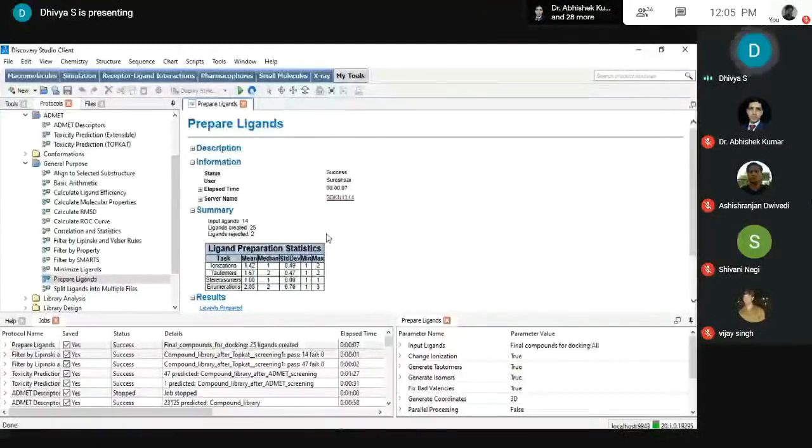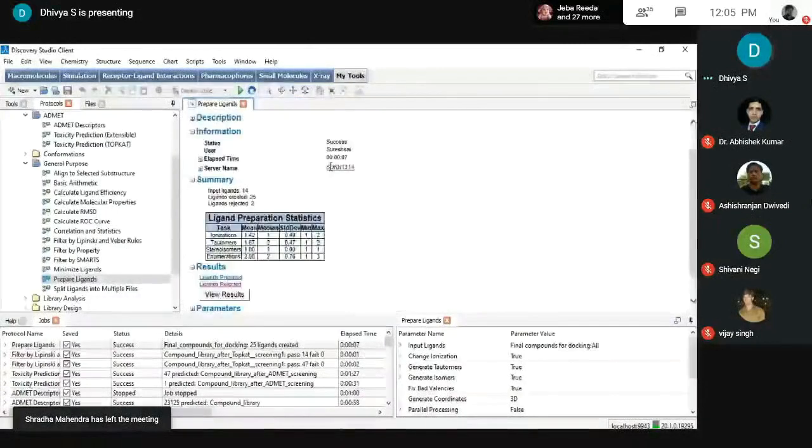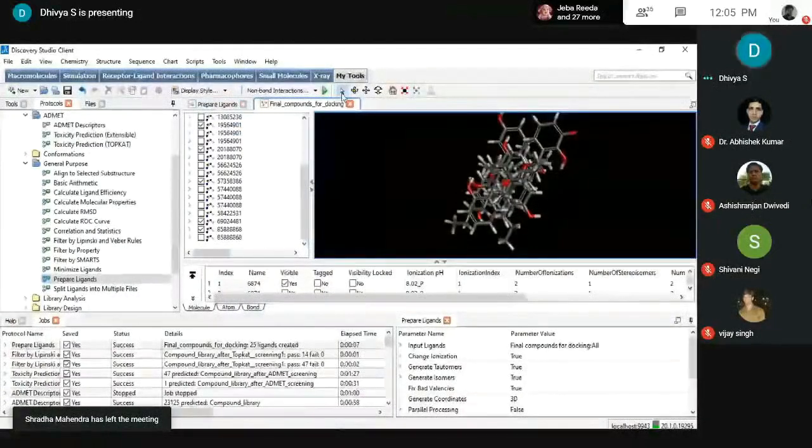We have the molecules. So for that, I am going to run the docking. So now, as of now, the protein ligand part is finished. I am selecting the molecule and I am going to show you docking. See how these records are happening in the system.